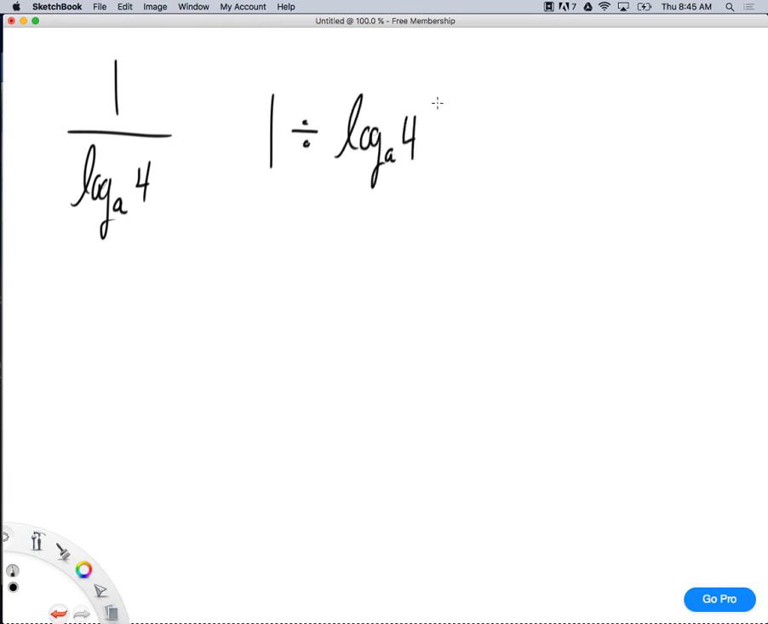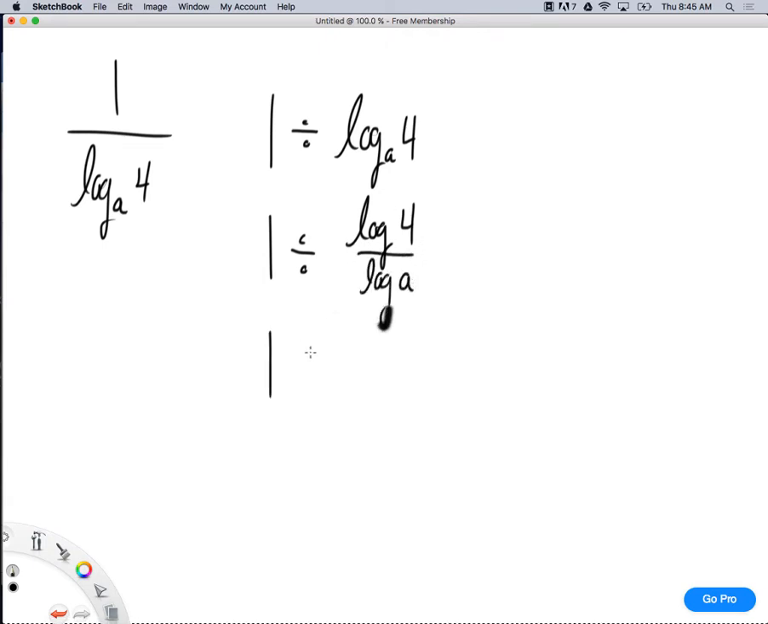What about this? 1 over log base A of 4. How do I do this one? Well, whenever you've got a fraction like this, you just turn it to 1 divided by. So 1 divided by log base a of 4. Now using the change of base rule, that becomes 1 divided by log of what? 4, good. Log of 4 over log of a,